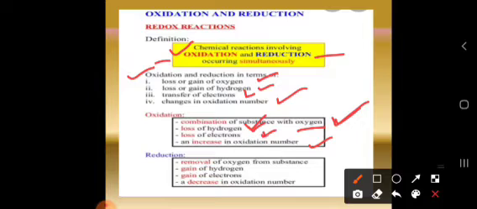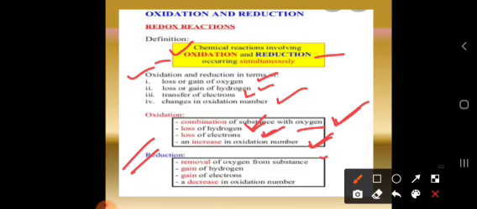When there is loss of electrons in the reaction, then it is considered an oxidation reaction. And the fourth condition, when there is an increase in oxidation number, then it is considered an oxidation reaction. Then let's talk about the redox reaction. How can we say that this is the redox reaction? So dear students, first we are completing the theory part, so that while solving the equation you will not get confused about where it is a redox reaction and where it is oxidation or reduction. So here let's talk about the reduction reaction.